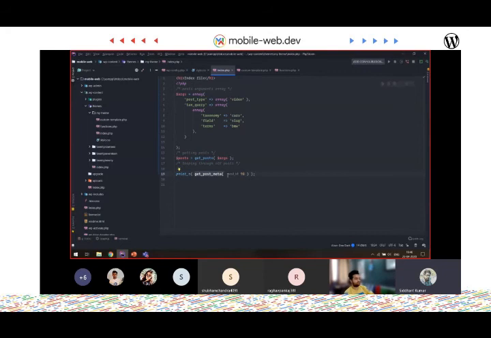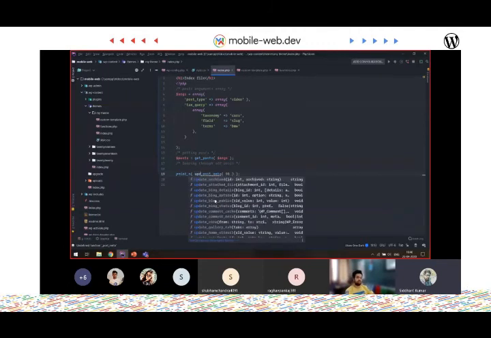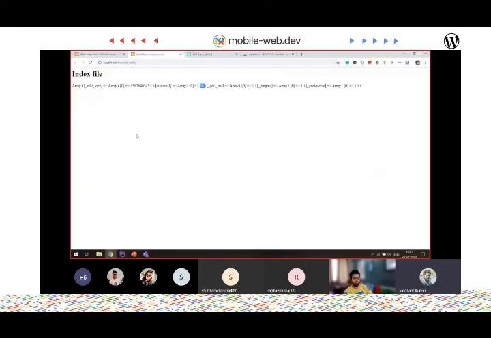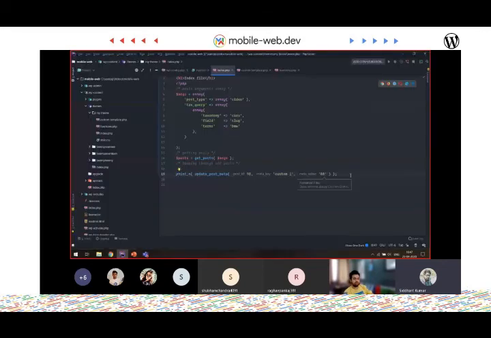If you want to update this value, we need to use update_post_meta. Simple. You provide the post ID, the key, which is custom one, and the value you want to update to. Say 80, where I had 60.